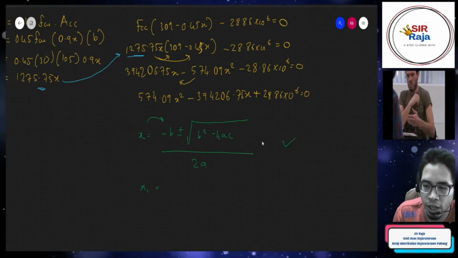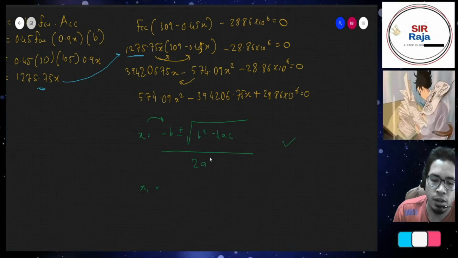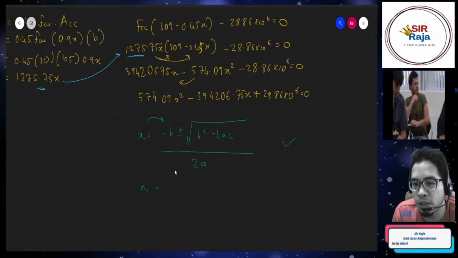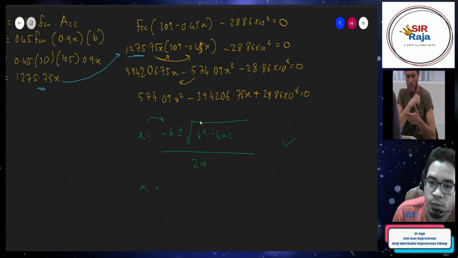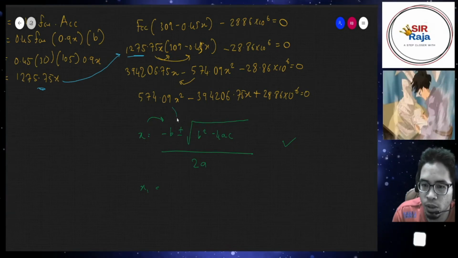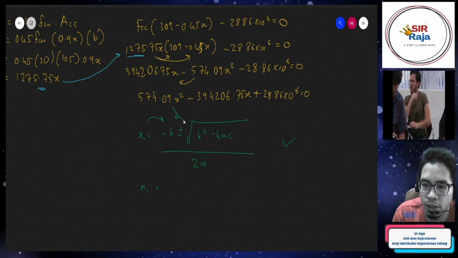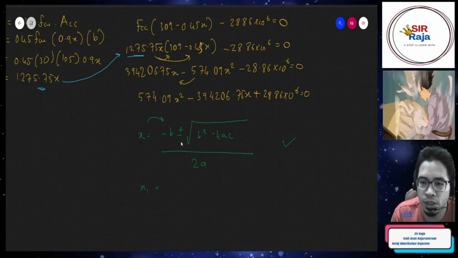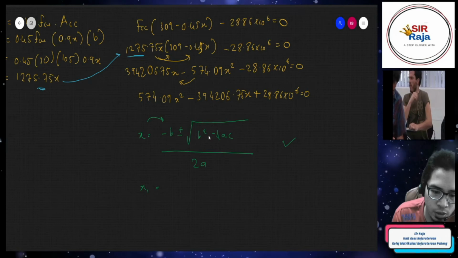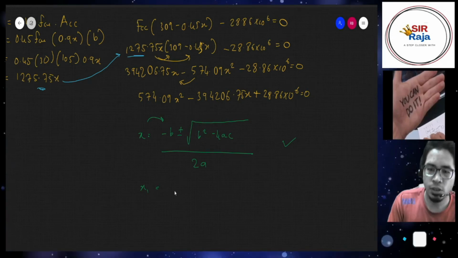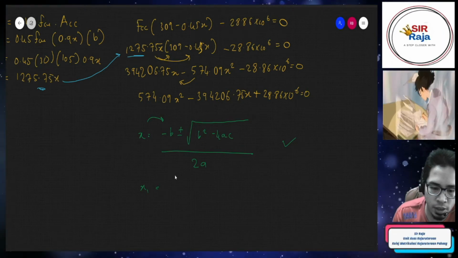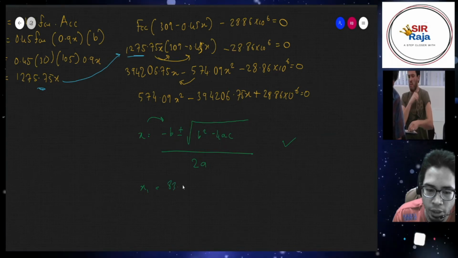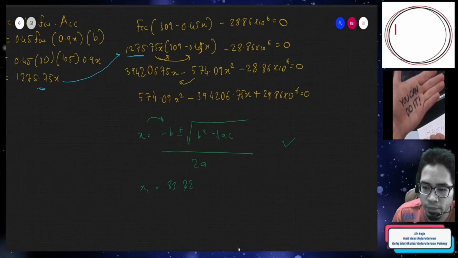We have marks for this formula. Alright, if you want to be much better, you can even give this formula and then show all the replacement for B, for AC, and so on. So we're going to get x1 is equal to 83.32 mm,